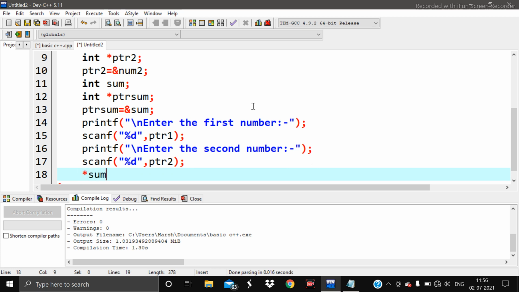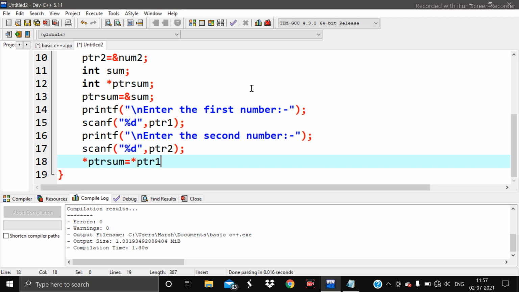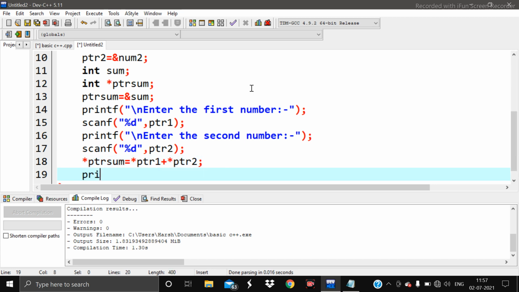So now ptr sum will be equal to ptr1 plus ptr2, and now we have to show it to the user on the console screen.